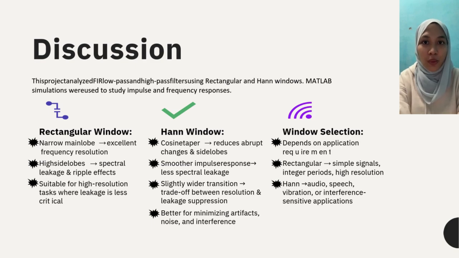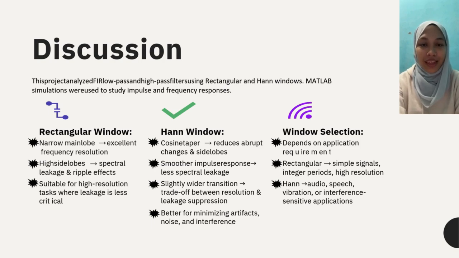This slide discusses the analysis of FIR low pass and high pass filters using the rectangular and Hann window MATLAB simulation, which are used to study the impulse and frequency response. The rectangular window has a narrow main lobe, which gives good frequency resolution, but it has high side lobes that cause spectral leakage and the ripple effect. It is suitable for high resolution tasks where leakage is less critical. The Hann window uses a cosine taper, which reduces abrupt changes and side lobes. This results in a smoother impulse response and less spectral leakage, although the transition band is wider. Window selection depends on the application requirement. Rectangular windows are suitable for simple signals, while Hann windows are better for audio, speech, vibration, and interference sensitive